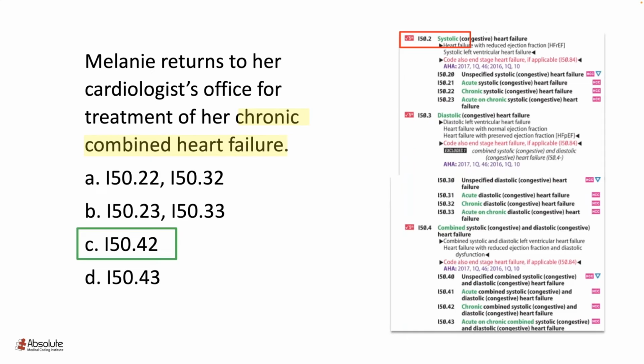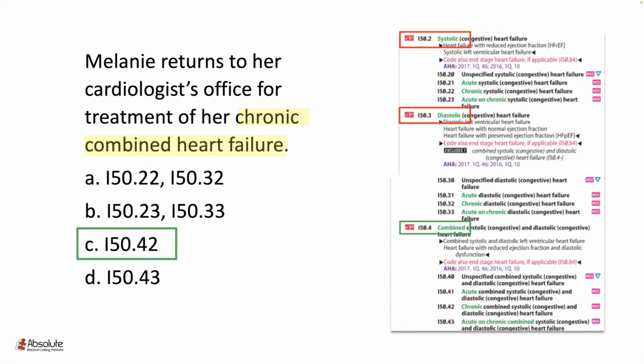But I'm going to tell you why coding both of them individually is wrong, because you have a code, I50.4, which is combined. And if you read further, it says systolic and diastolic congestive heart failure. So you've got a combo code, and your guidelines tell you that when you have a combo code, you code